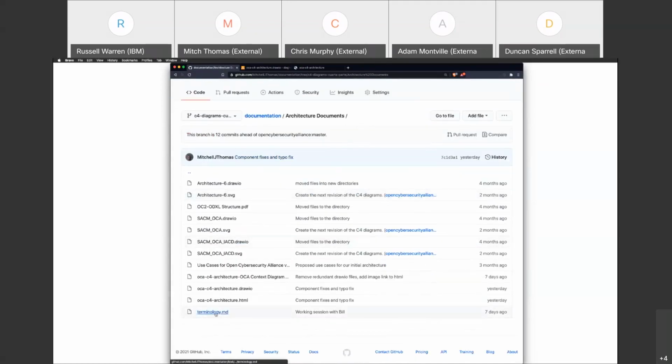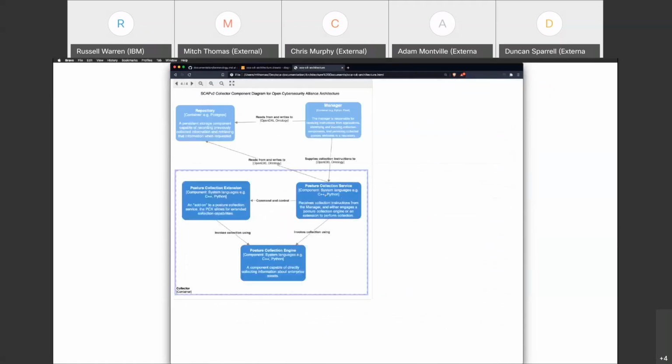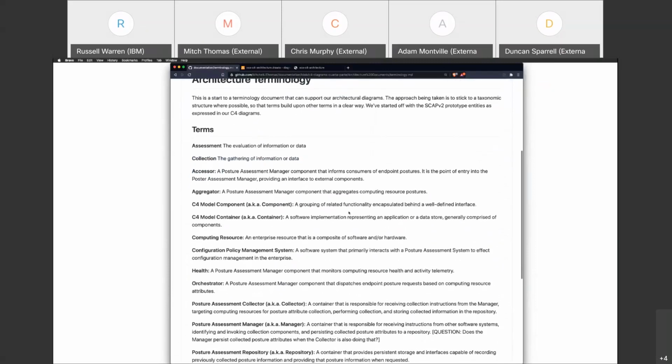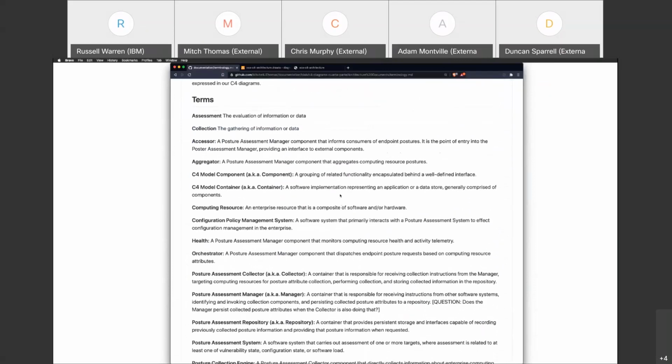So there's a relationship to this, and I want there to be a match between these words and what you see in this diagram. If you're looking at something that says collection, you might wonder, what in the world do they mean by collection? Hopefully we would have a dictionary definition or refer to a dictionary or something more specific. That's one way to get the semantics of what this system is about.